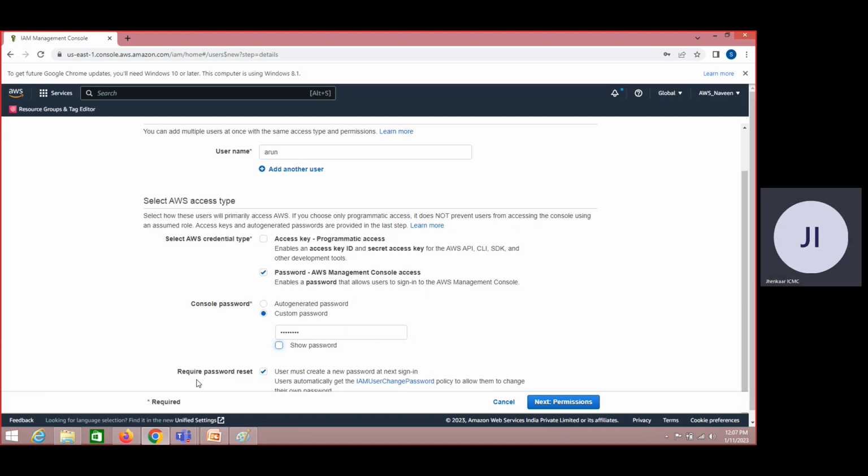Now, this is the default access which I'm trying to give to this particular user, which means by default, the user called Arun will not have anything to do on the AWS console until and unless I provide access. This is the first access, or the first role or policy, which I'm trying to assign to Arun. This is not